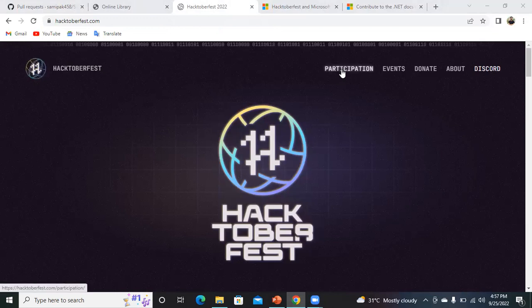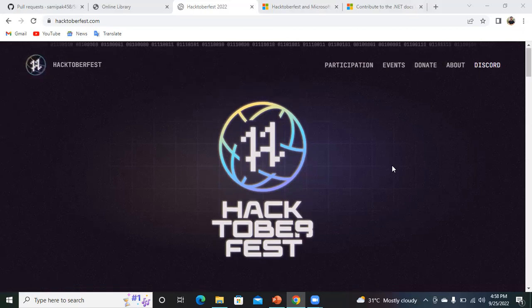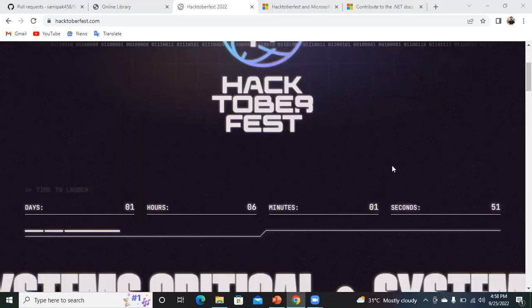Here everything is mentioned: how to participate, events, like the event I'm doing, and more events will be in October. You can also join them, and learn more about Hacktoberfest. Don't forget to join Discord, where you will connect with the project admins and mentors, or explore and connect with the global community.